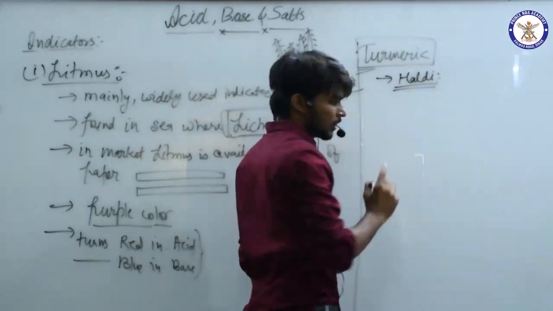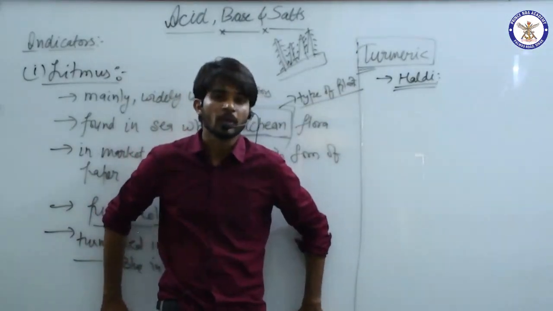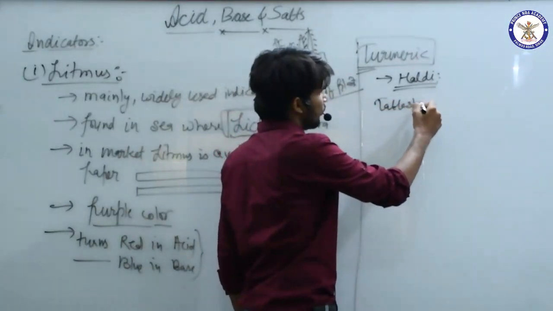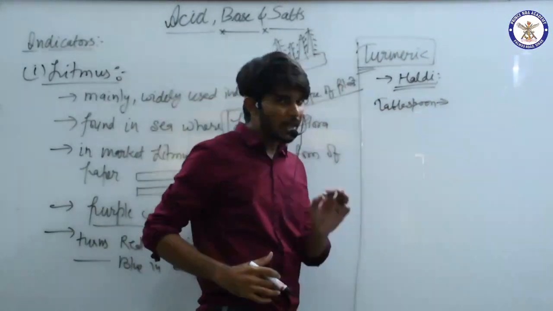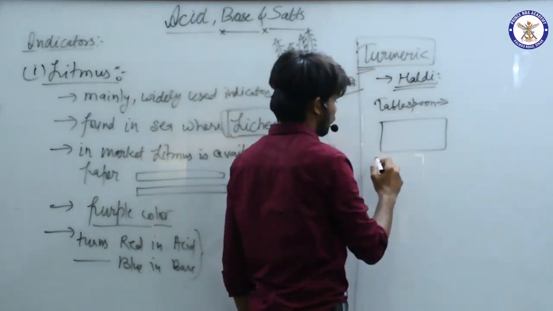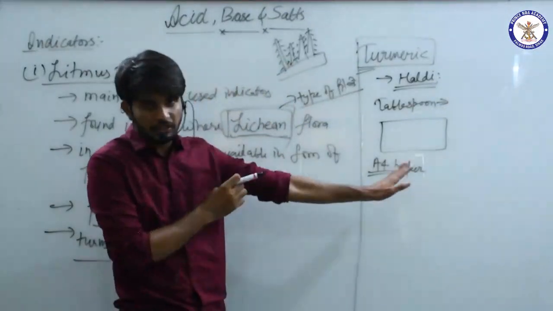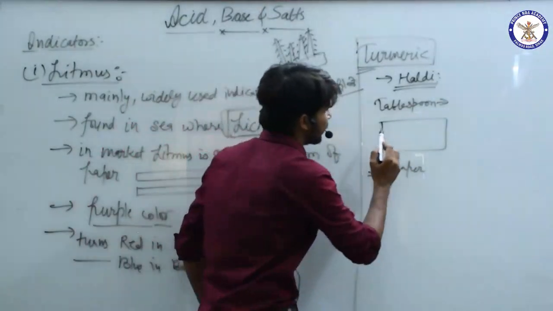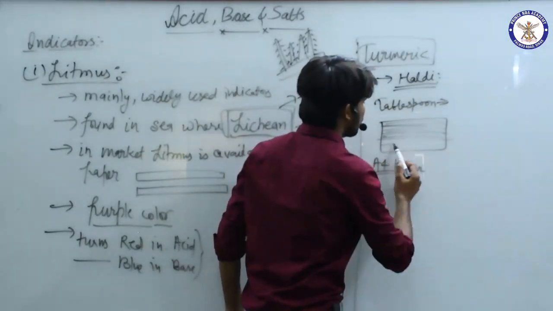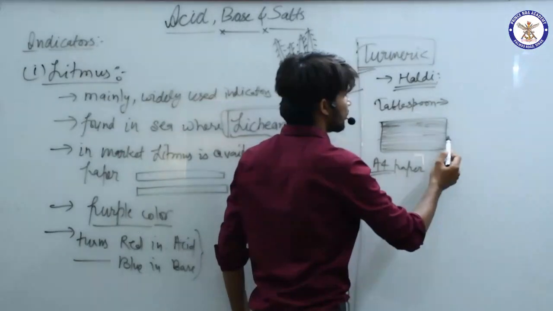It is not directly haldi; I tell you how you will do it. You can do it at your home. Take a tablespoon of haldi or turmeric and make a paste of it with water. Fine. Now take a white A4 sheet of paper, and paste it so that it is just a thin layer over the A4 paper. Just make a thin layer of paste of turmeric on this paper. Right? This becomes your turmeric paper.